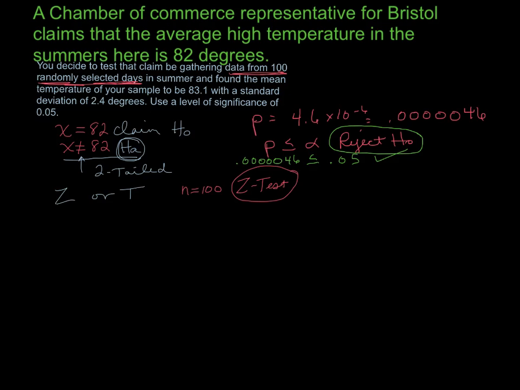Okay, so on your chart, in this case, we rejected the null hypothesis. So you go to that row, and then you have to determine which column you're in. It has to do with your claim. In this case,